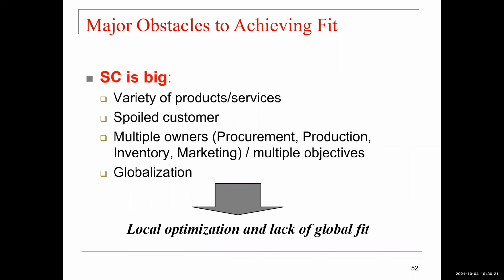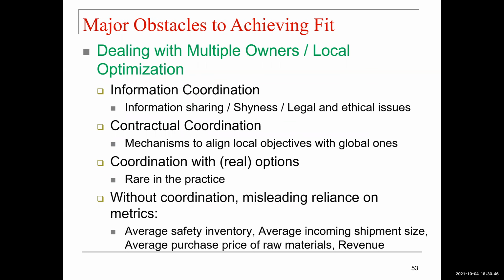Major obstacles to achieving fit. Supply chain is big, variety of products and services, spoiled customers, multiple owners, and globalization. So goal is to have local optimization on lack of global fit. So trying to manage that trade-off is also important. Dealing with multiple owners, local optimization. So we have information coordination,